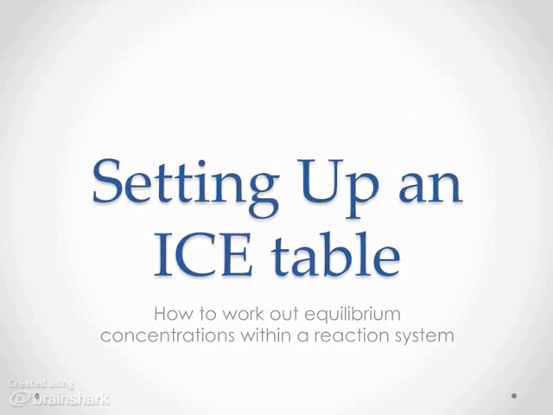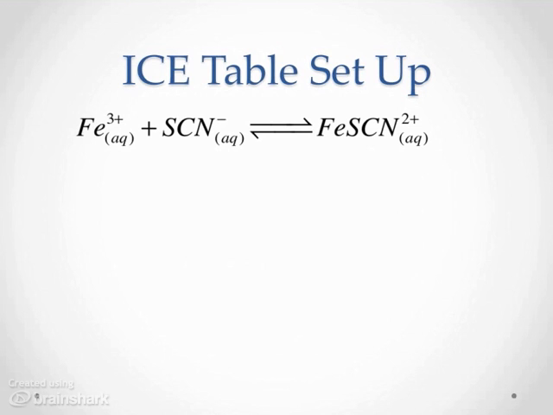With this video, we're going to see how we can set up an ICE table. How can we work out the equilibrium concentrations within a reaction system? So remember, with this reaction system, we have our two reactants, iron 3+ and thiocyanate. They're going to react to form iron thiocyanate as a product, and they're going to reach some sort of equilibrium